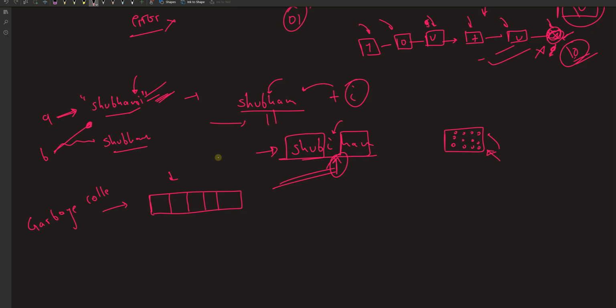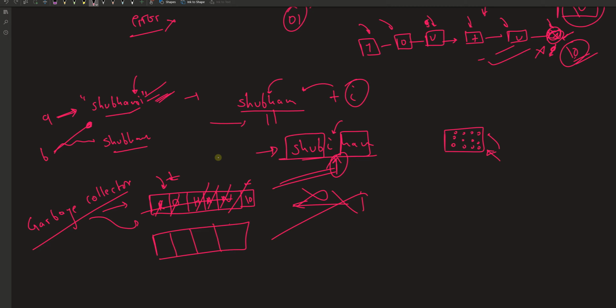Garbage collector. Why garbage? Since if a particular value, for example Rohan, is here, and there is a trailing one also for the interpreter. Now if Rohan has been used, and if J was there and it has been used and gone, the reference is gone. Once the reference is gone, the garbage collector comes and starts to clear. And the deletion doesn't mean that the memory is gone. The place is now being filled with something else, or maybe it just remains like this. It just removed the pointers.